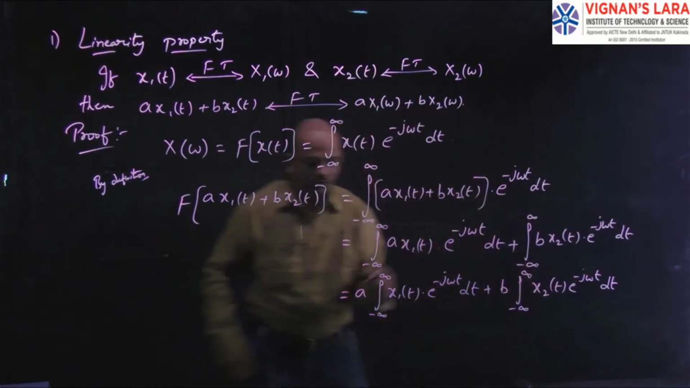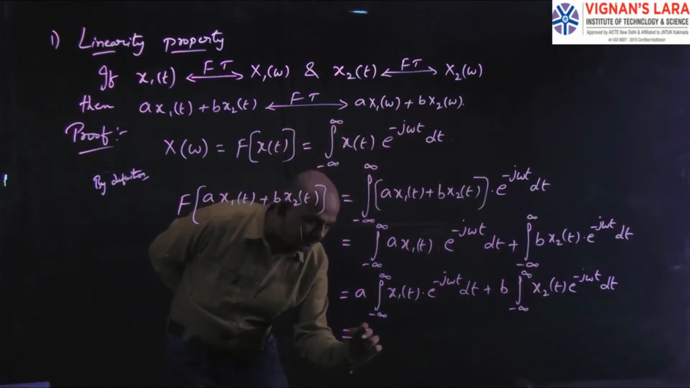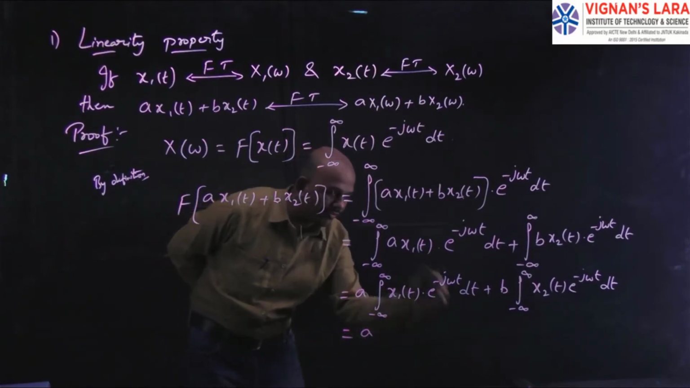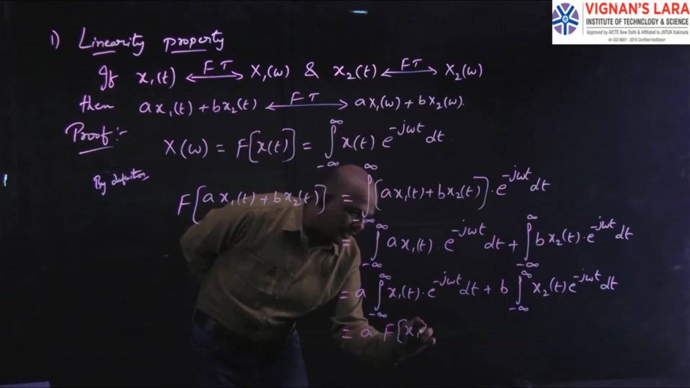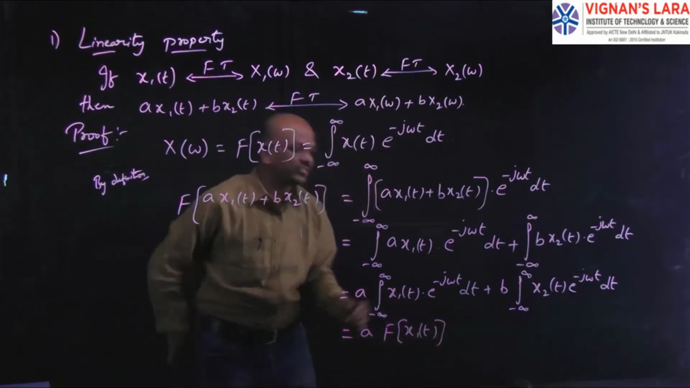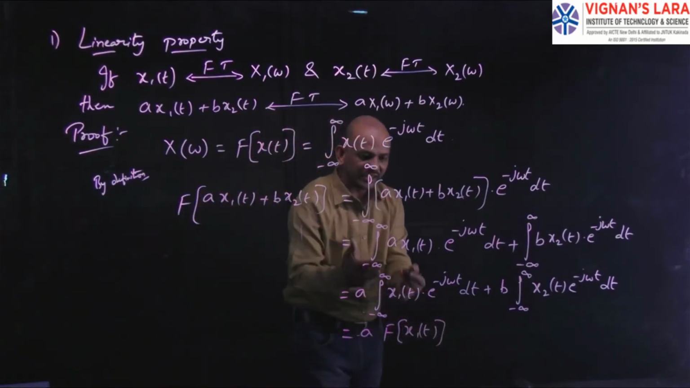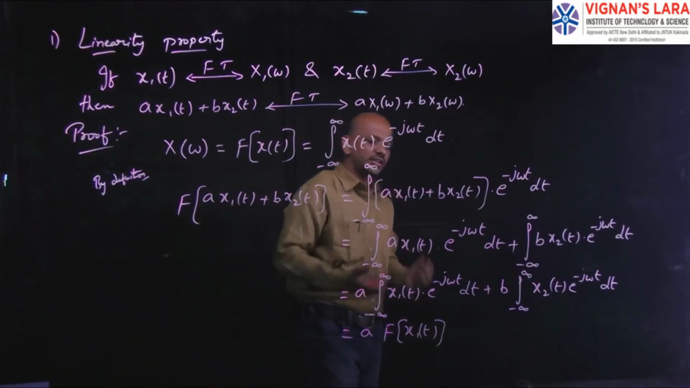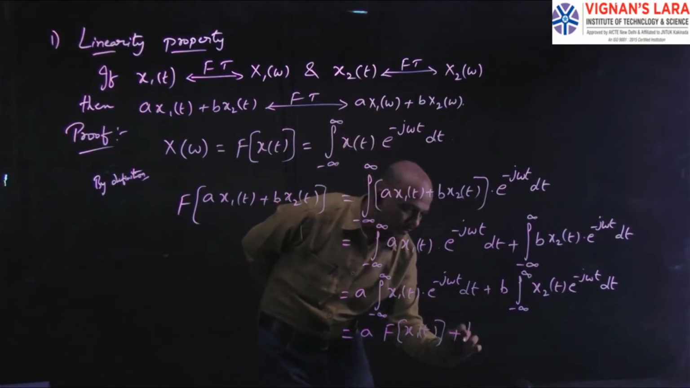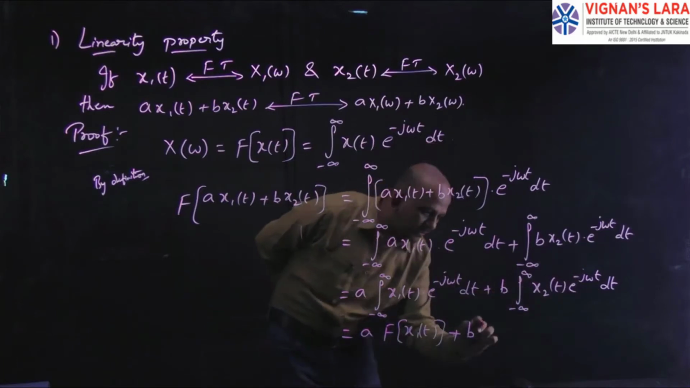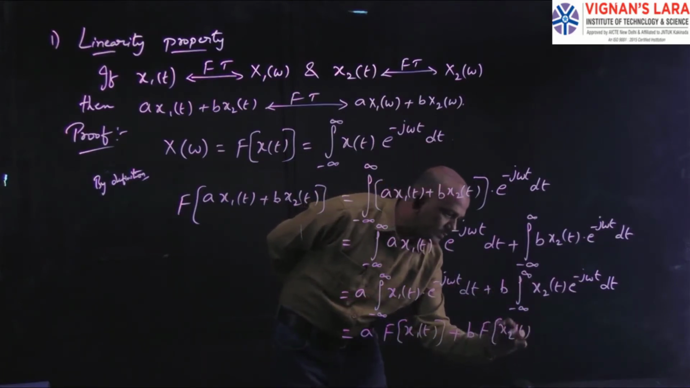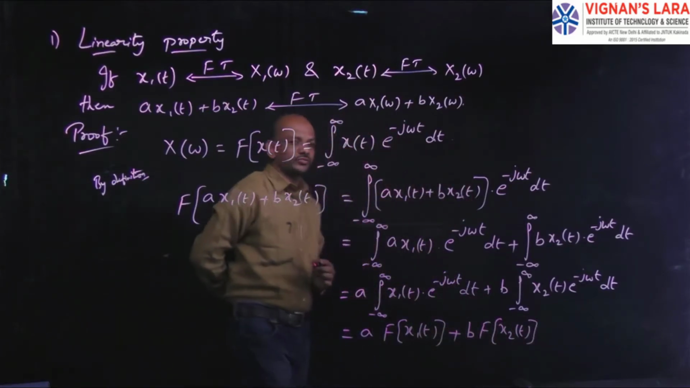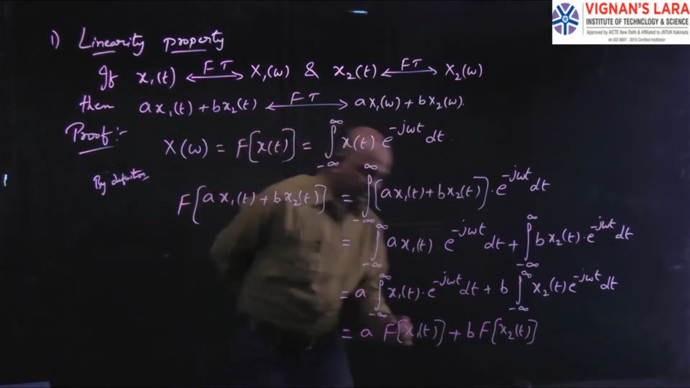So I can write like this, that will be equal to a into, so this is nothing but the formula for finding the Fourier transform of x1 of t. Simply, Fourier transform of x1 of t is integral minus infinity to infinity x1 of t into e power minus j omega t dt, plus b into, same, this is the formula for finding the Fourier transform of x2 of t. Fourier transform of x2 of t. Then that will be equal